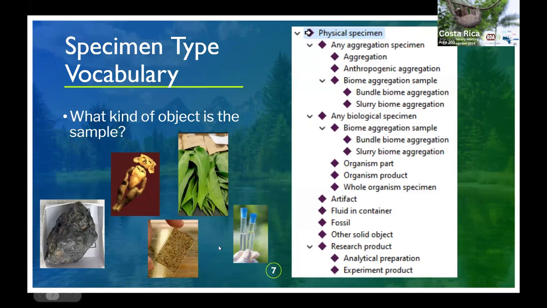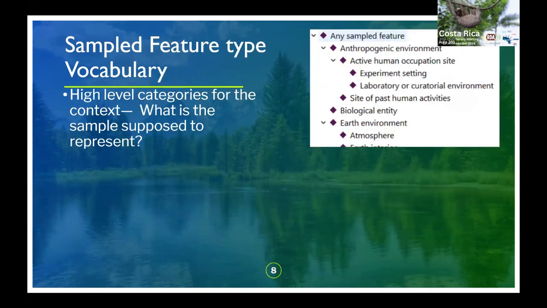So there are some pictures here of some of the different kinds of objects we deal with. There are artifacts, pieces of rock, processed pieces of rock in thin sections, liquids in containers, biological samples that might be all of some organism or a part of some organism. So that's the idea, to categorize those things at this level. So that's the specimen type, or material object type, which is the terminology we're using now, following the TDWG discussions about what we call these things, material samples.